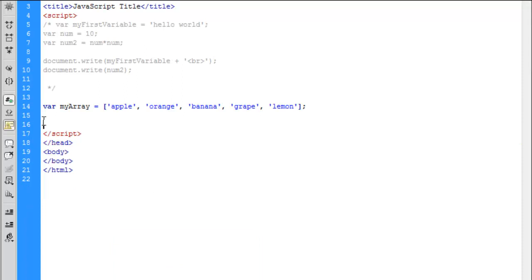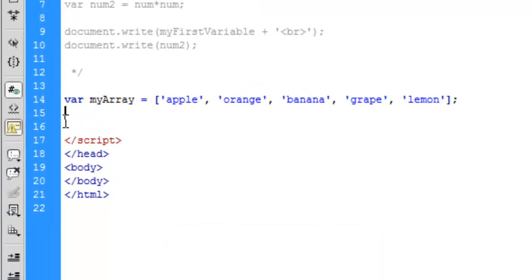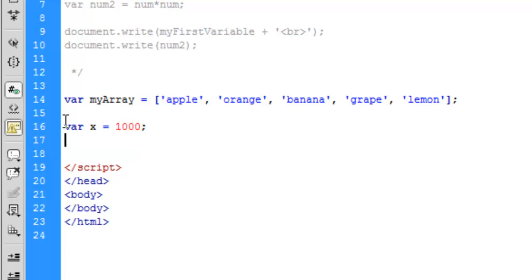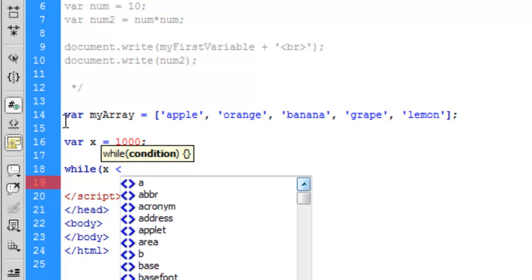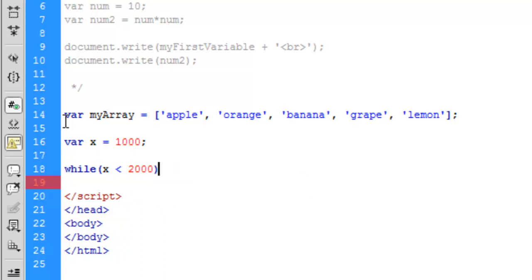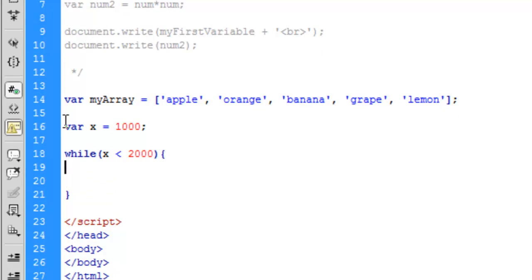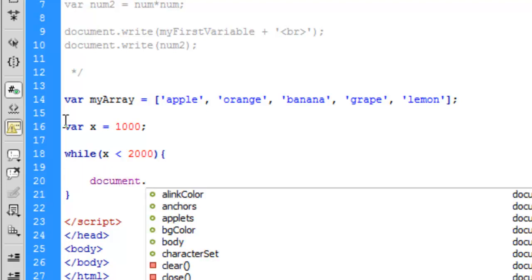Well, that was a for loop. Now let's try a while loop. So for the while loop, let's start with creating a variable x that equals 1,000. Say while x is less than 2,000. Create our open and close brace. So here's our action. We'll say while it's less than 2,000, document dot write